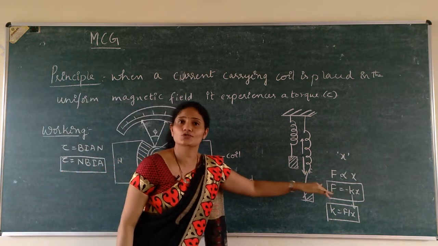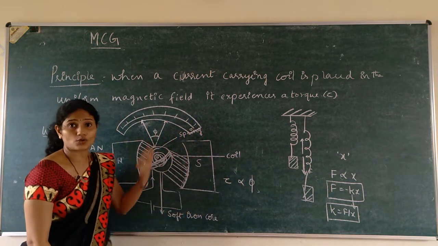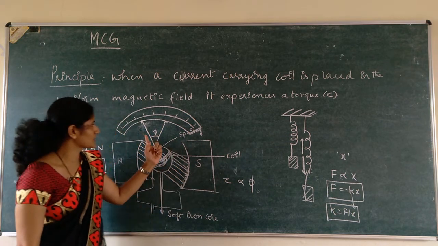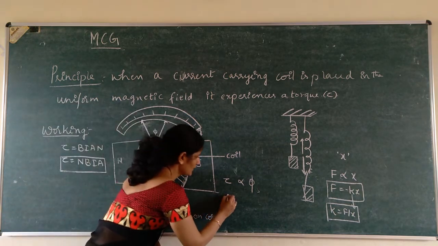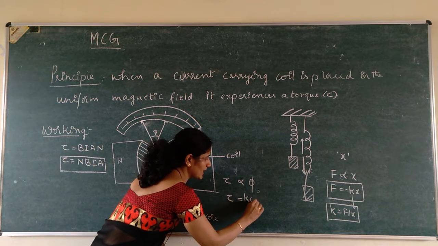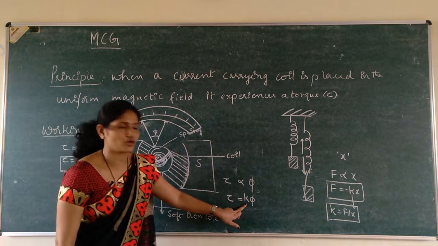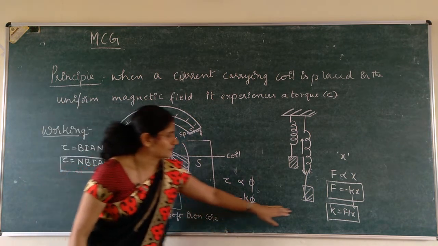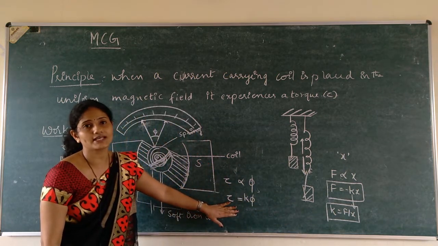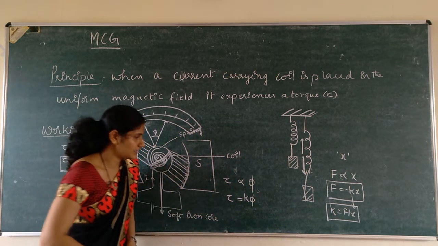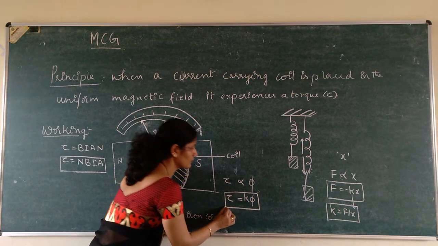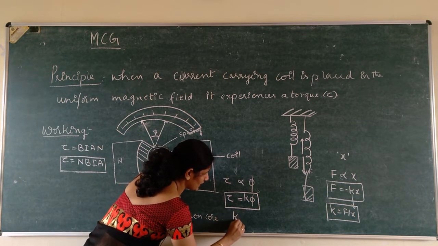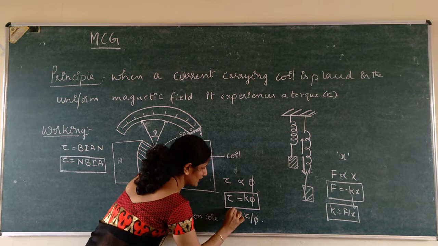Here force is directly proportional to displacement, but here the coil is rotating, therefore we have torque, and the torque is directly proportional to angular deflection phi. Torque is equal to some constant k into phi, and that k is called the torsional constant of the spring, okay. Here we call it spring constant and here we call it torsional constant of the spring. So, tau is equal to k phi, it depends on the spring. Tau is equal to k phi, or k is equal to tau by phi.